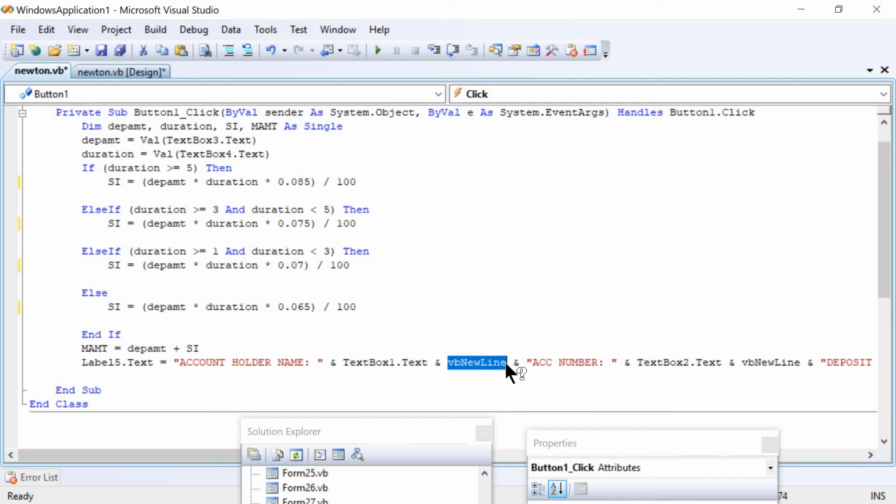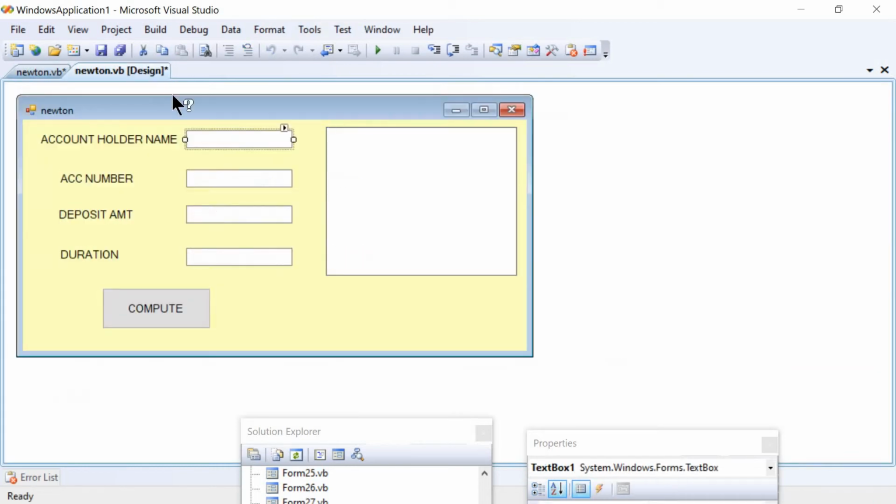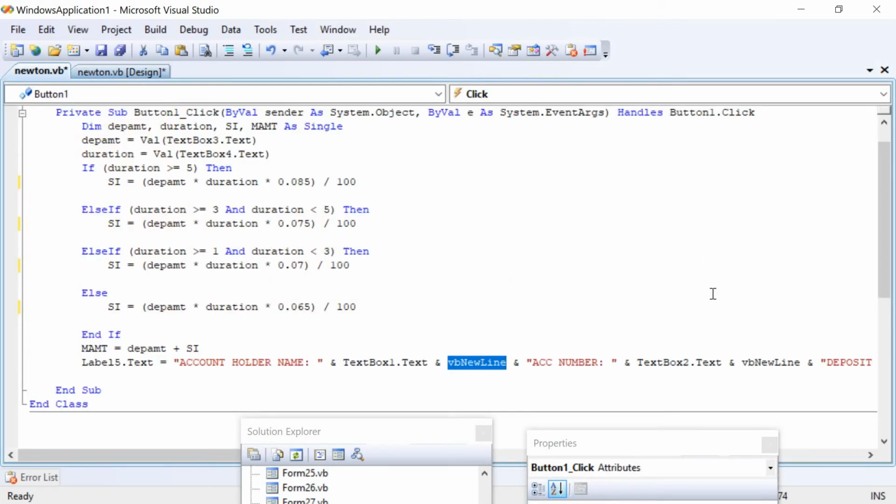If we have to go to the next line or the new line, this command will be used, because in the next line we have to display the account number. Again comes ampersand account number. As per the window design, account number will be displayed in text box 2, correct? Then here comes the text box 2 dot text property, ampersand VB new line.